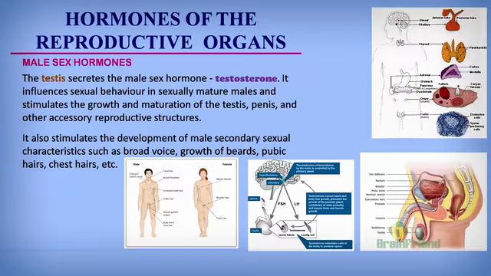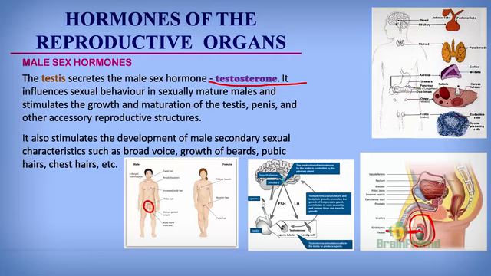We said it is secreted by the testes. The testis is one of the reproductive glands that is attached to the penis. We can see the testis, which is usually contained in the scrotal sac, in the scrotum. The testis in the scrotum secretes the male sex hormone. The male sex hormone is known as testosterone. This is the basic or the primary male sex hormone secreted by the testes.